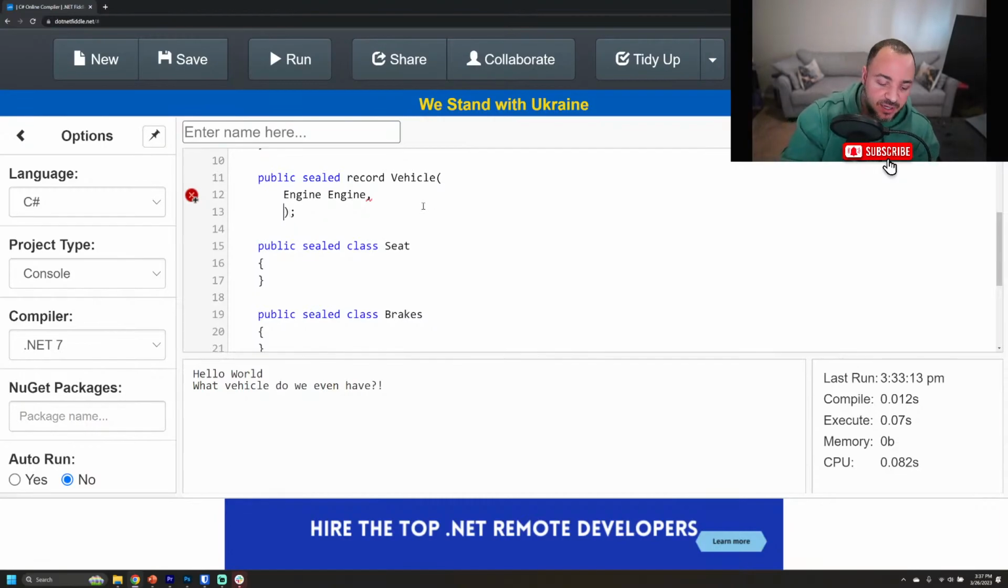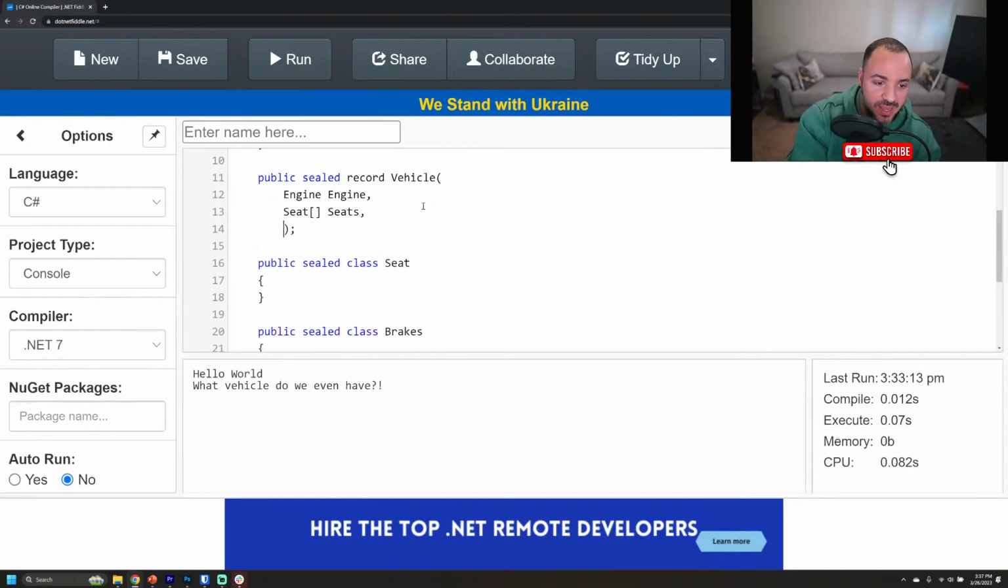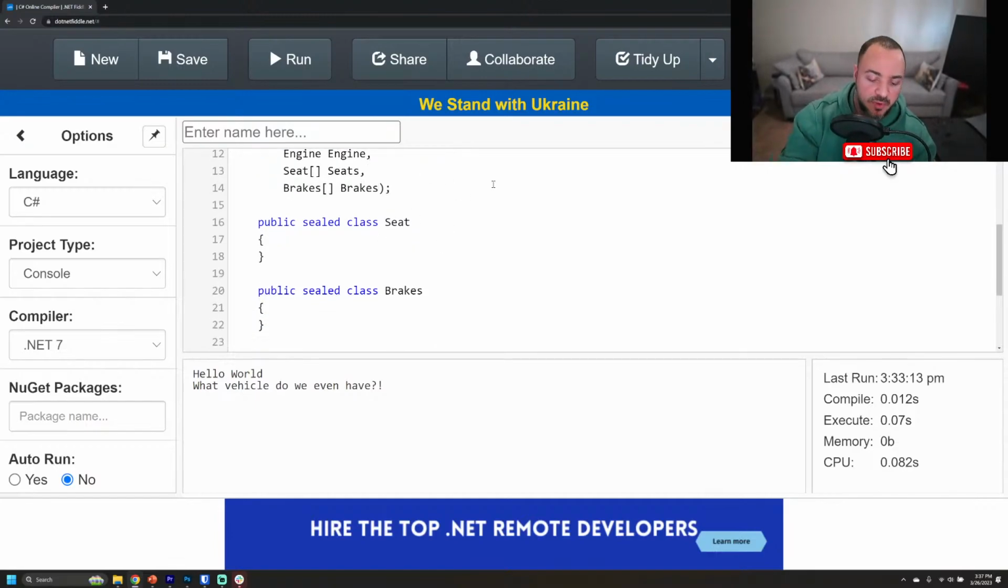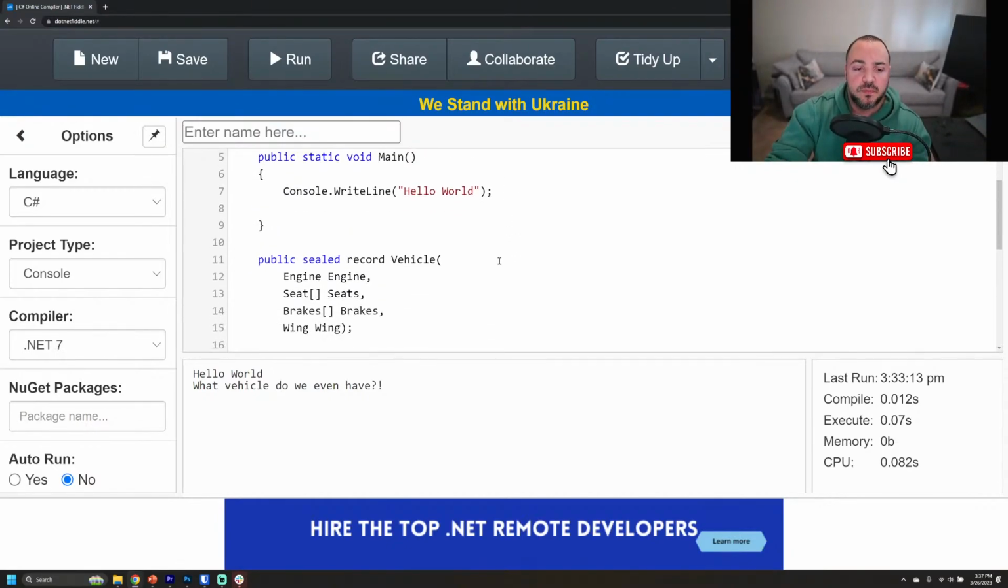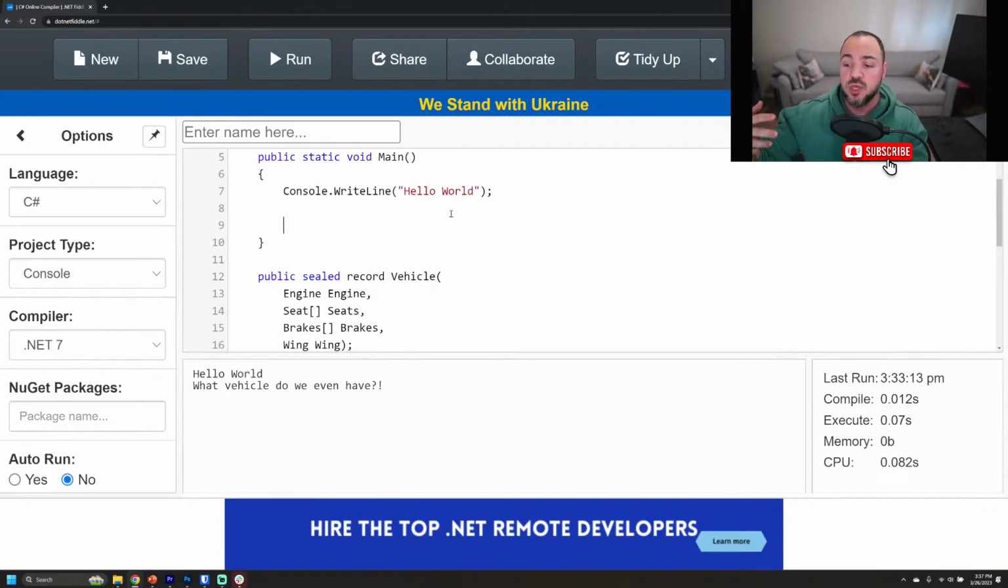So we could do an array of seats to get seats. We could do an array of brakes. And then we would do a wing. Okay. So when I do this, just to go back up to the top here and show you how we would make a new instance of this vehicle, we would say vehicle